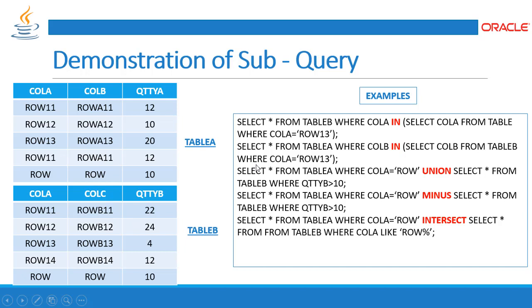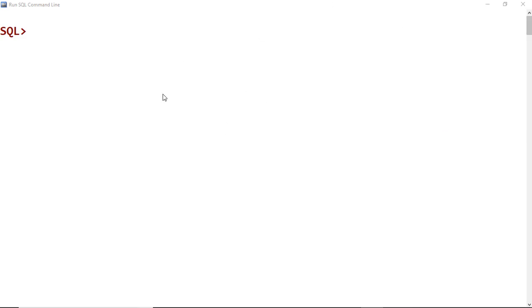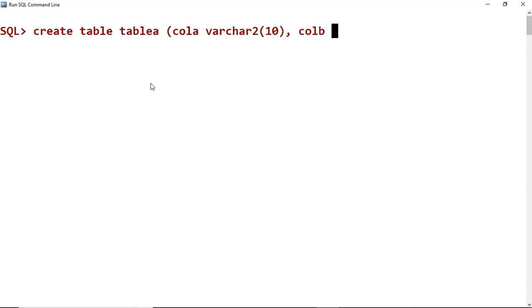This is how it's going to work. We are going to see it in the SQL command in detail. So let's go to the demonstration in the run SQL command prompt. So this is my SQL command. First things first, we have to create table A. My column A varchar2 type size 10, column B varchar2 type size 10, quantity